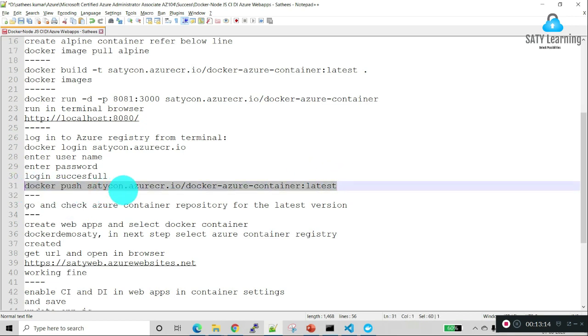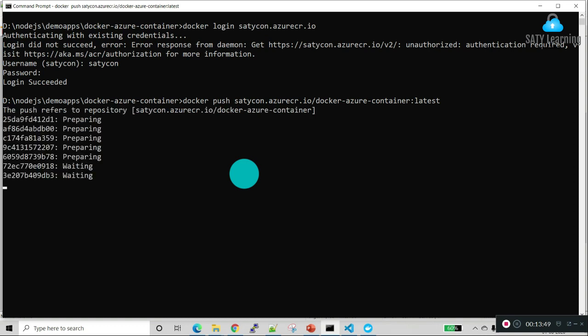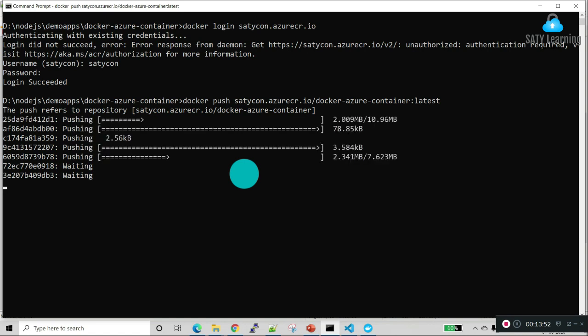As I have created a similar kind of container in Docker, it's easy for the naming convention. For the Docker push, we need to provide the registry name, and then the container name, and latest is the version. The similar one I'm using in my terminal also, so that it's easy for the naming convention and understanding. So I'm pushing the code from Docker to the registries. It's preparing the push. It will take only a few seconds.